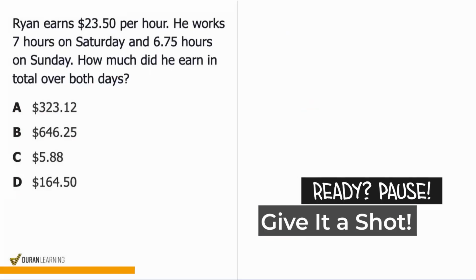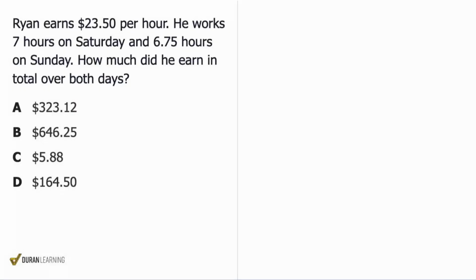All right, so in this next question here, we have a question about total earnings over both days. So we see this here and it says, how much money did he earn total over both of these days, being Saturday and Sunday? So when we take a look at this problem here, we see that Ryan earns $23.50 per hour. So I can write that down,